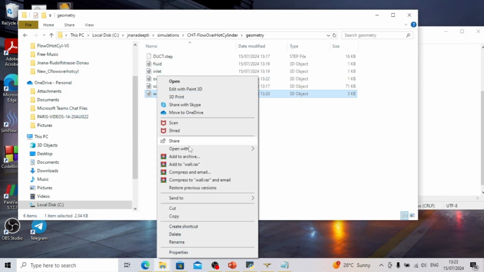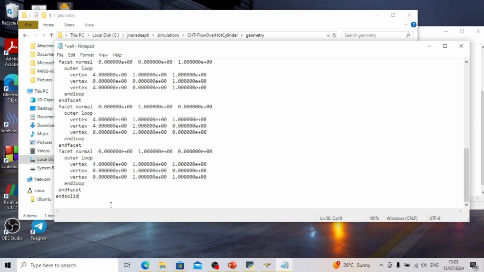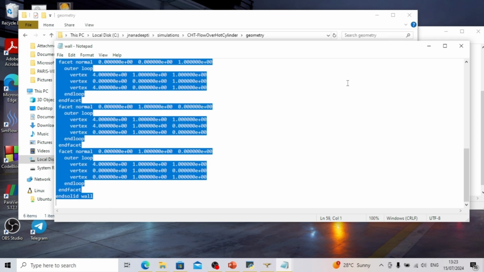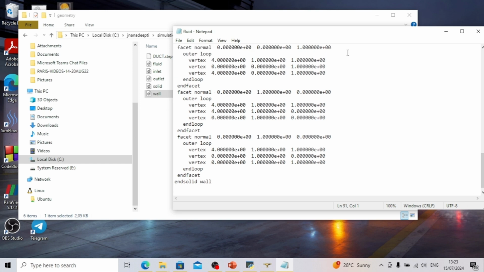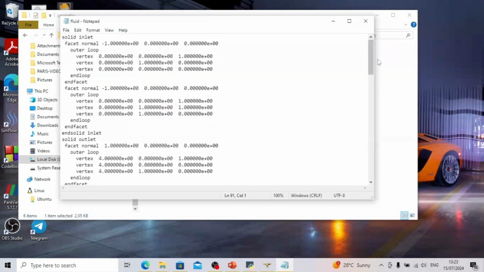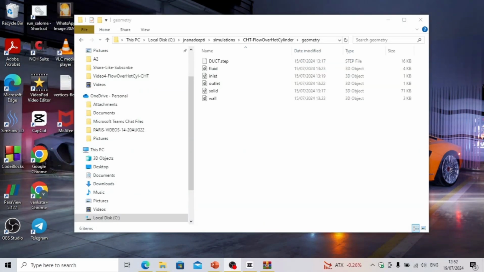Open wall. Add wall here. Copy this text and add below. So this is the fluid geometry, where all the groups are identified. Now for Windows subsystem, we use this fluid and solid as two geometries. So now we have created the geometry